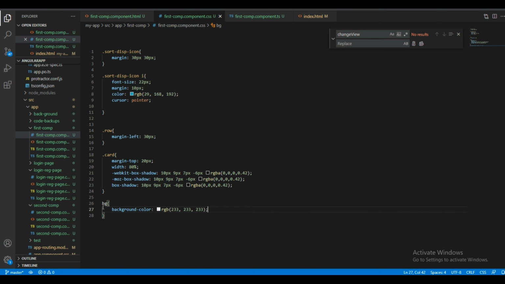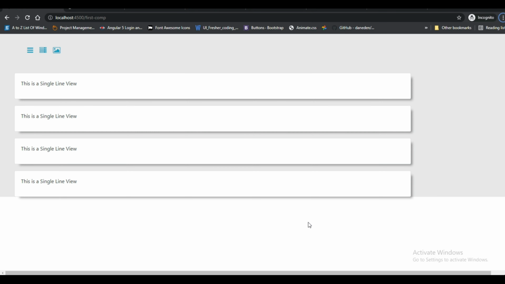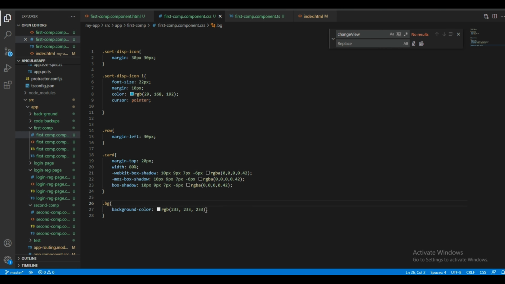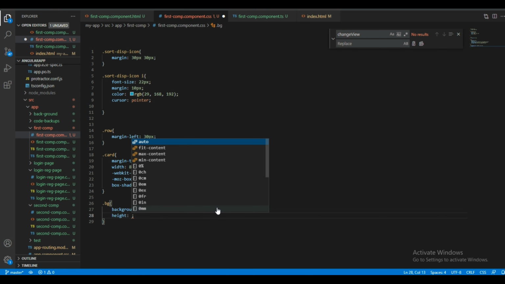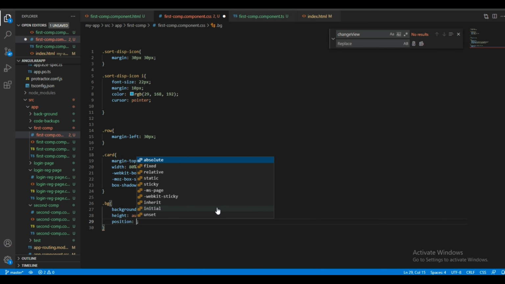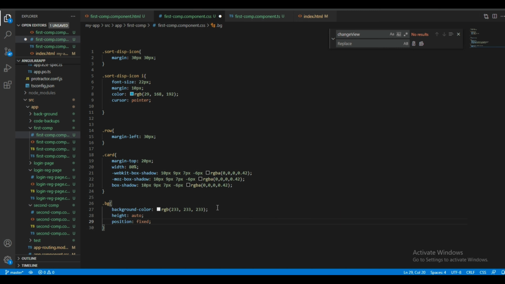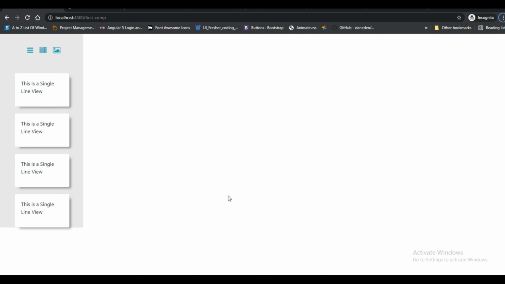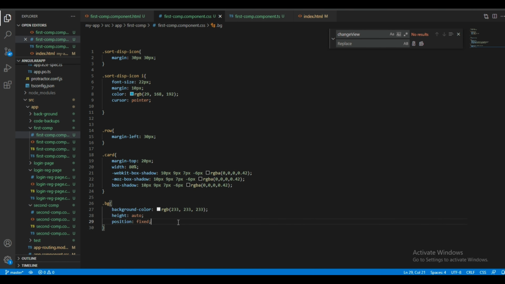The color is not applying, so okay. It is coming up to here. I need to give height as auto. It should be full length, so position is fixed. Let us check. No, it was not happening.